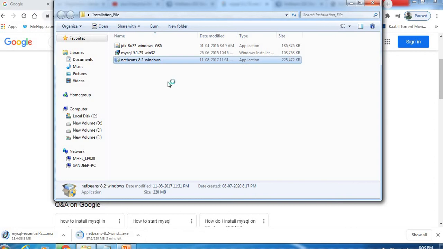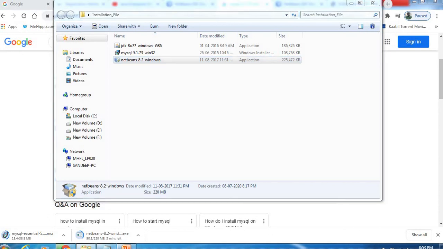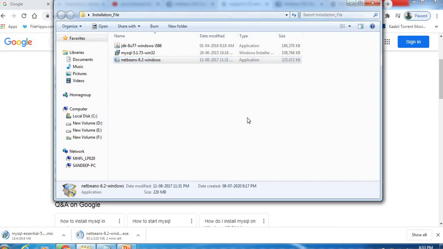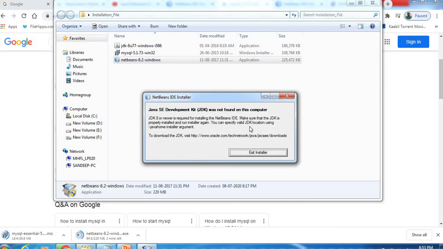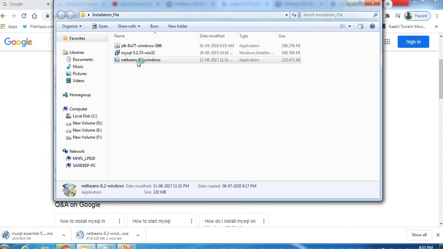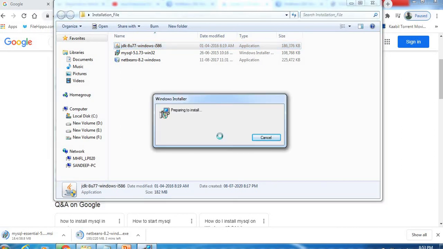So once it will be ready, it will be started. Yeah, so this is the JDK file. It is being prepared.